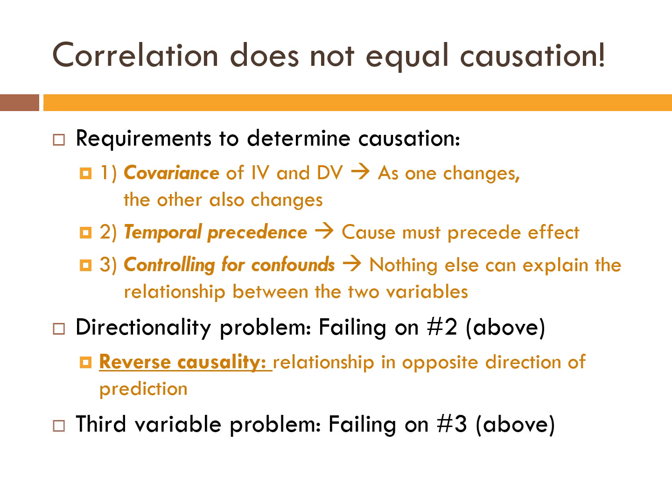The other issue is this third variable problem, when you fail to control for confounds. There is something else, but we don't know what it is because we haven't measured it. And so the main way that you're going to deal with the third variable problem is by trying to measure other things, by thinking through what those confounds, those other variables that could be affecting the relationship, measuring them and including them in your study. But for that, we need to have multivariate analyses because we have a third variable, not just two, we have multiple variables. But I don't want to get ahead of myself too much because we still need to talk about